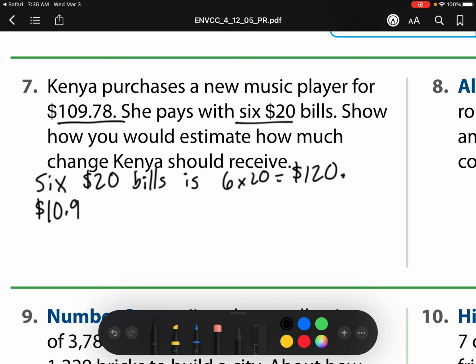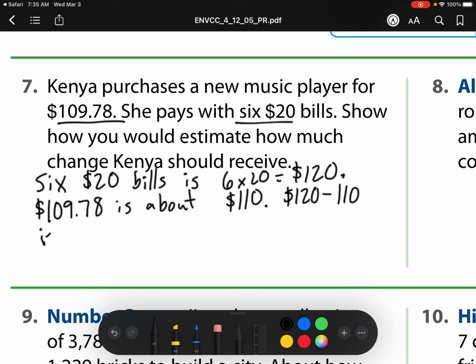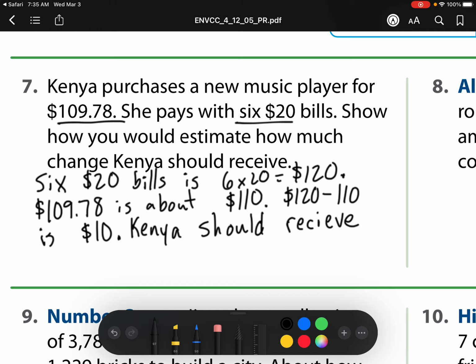$109, whoa, I had that decimal in the wrong spot, is about, because remember it says estimate, $110. 120 minus 110 is $10. So how much will she have? So she should receive about $10